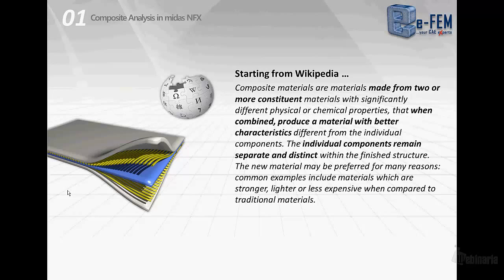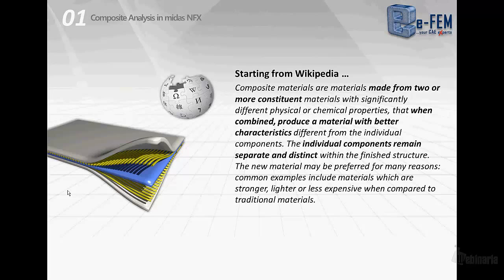Thank you, Cyprian, for the introduction. I will start with the definition of a composite material. I haven't been able to find out a better definition than those on Wikipedia, and so I give it to you. What is it, a composite material? A composite material is a new material made from two or more constituent materials that are significantly different one from the other,